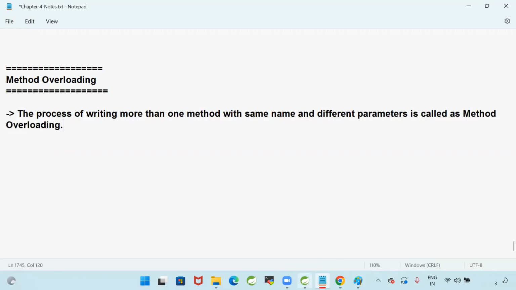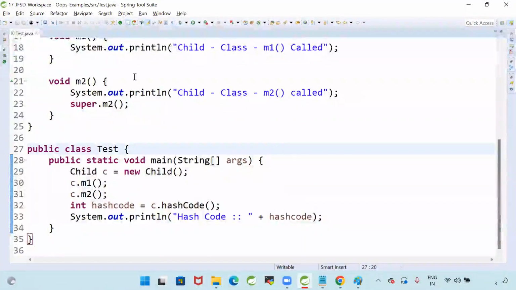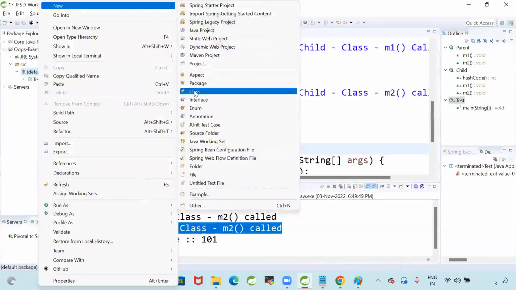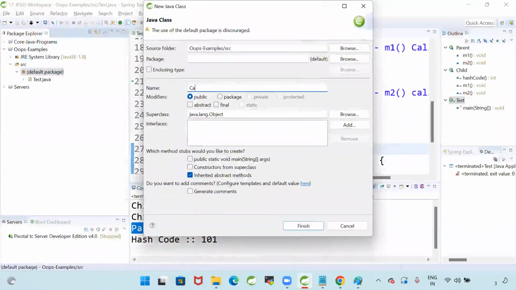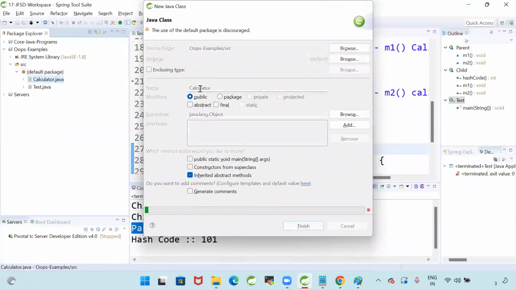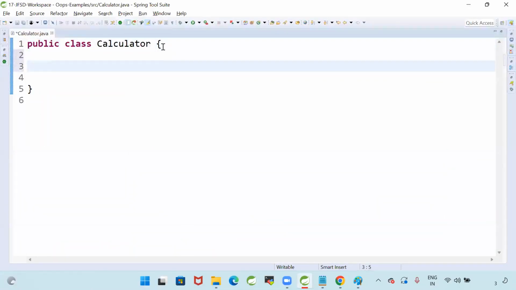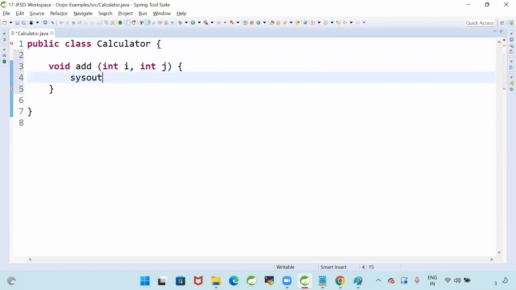Okay, let me take a class, a new class called Calculator. I'm taking a class called Calculator. Okay, now I'm writing void add(int i, int j) { System.out.println(i + j); }